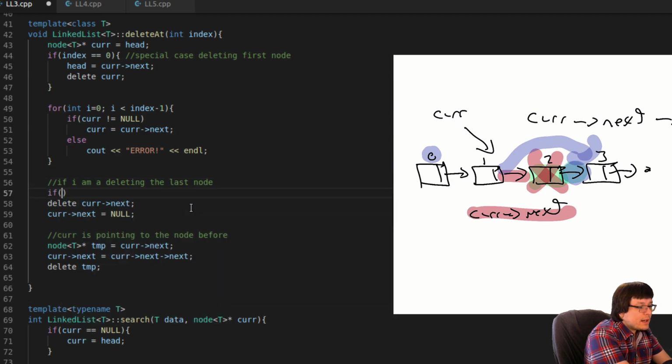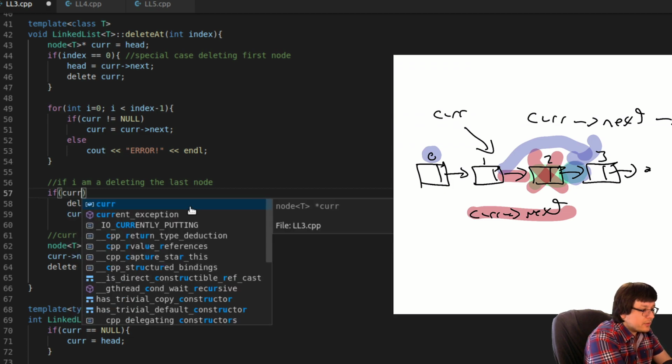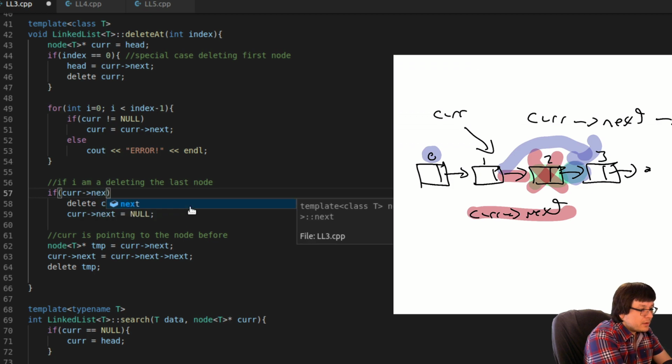However, the way that I find out if I am deleting the last node is, I can check if cur next.